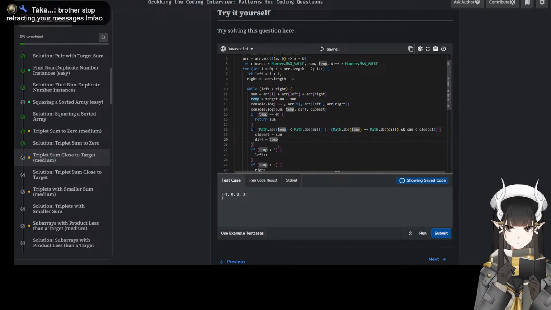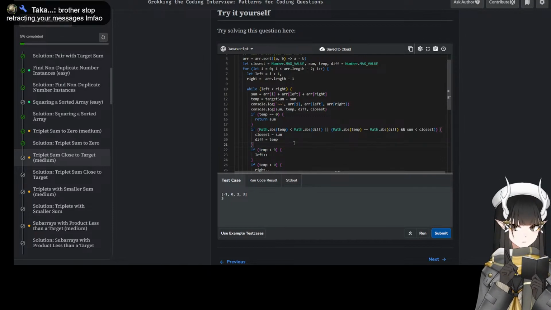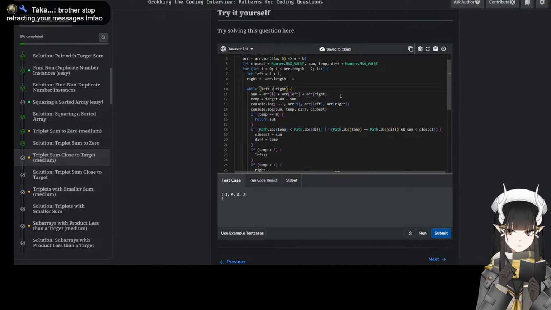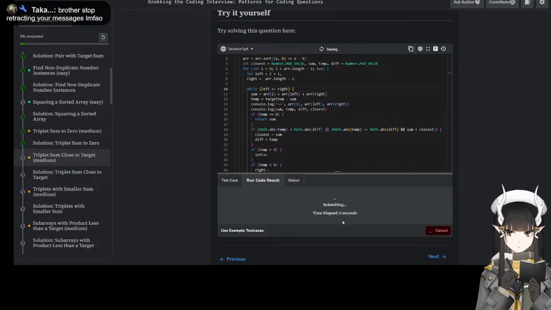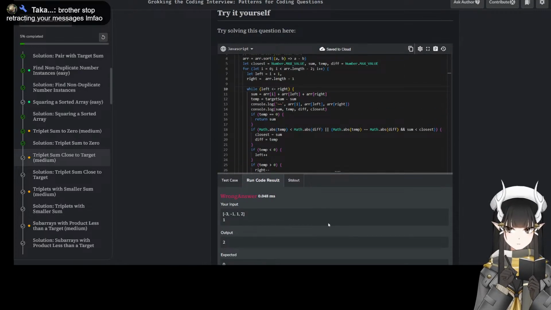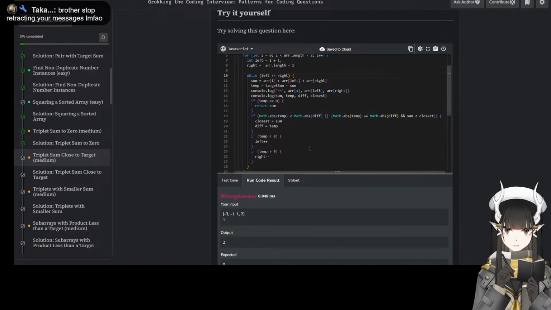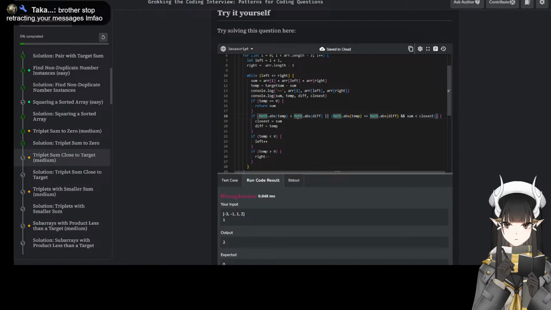This doesn't matter here, because this will always trigger. We move left, right. In this case, they can meet in the middle. We compare the current difference and the previous smallest difference.